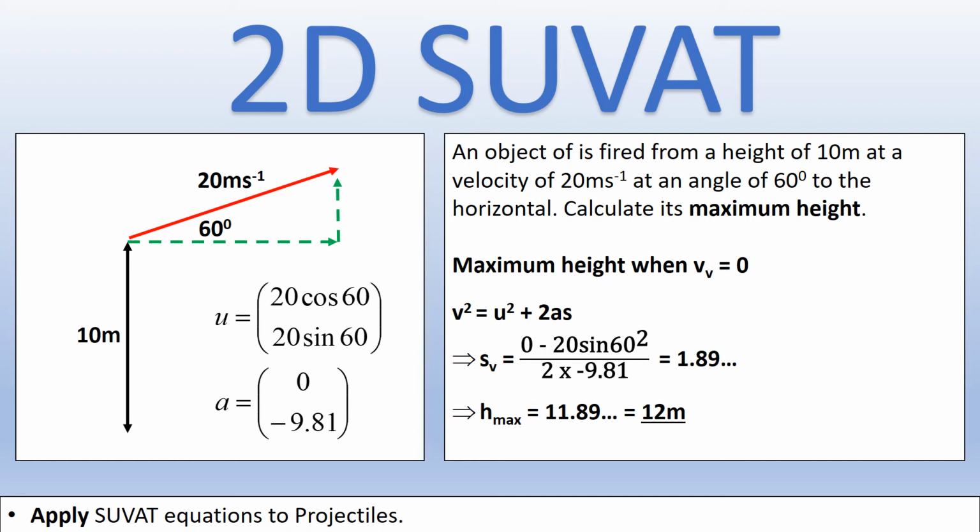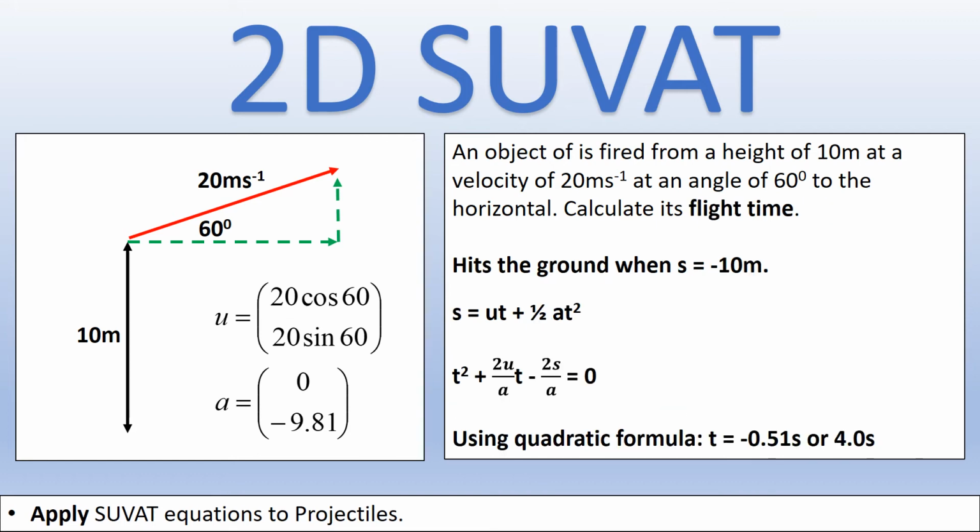So we can get maximum height without even thinking about the horizontal direction, which is really useful to us. We only look at the vertical direction. Next thing we're going to do is calculating the flight time, or the time from firing to just before it